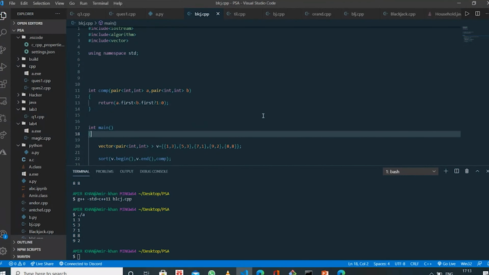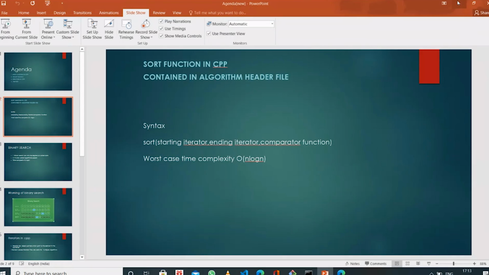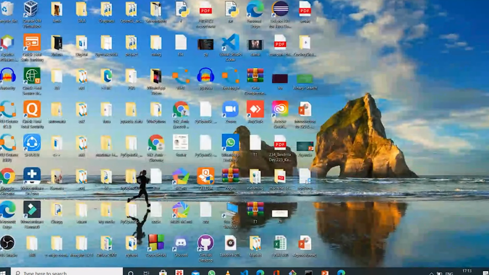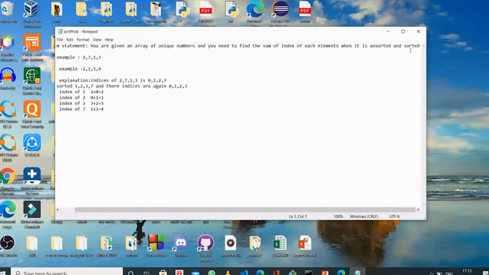So let's do a problem on sorting. Here is the problem. You are given an array of unique numbers, and you need to find the sum of the index of each element when it is unsorted and sorted.